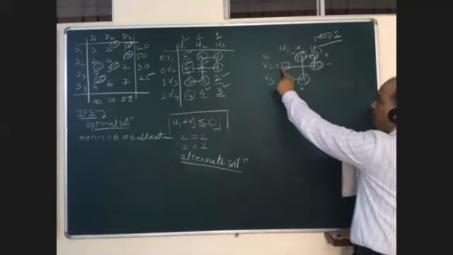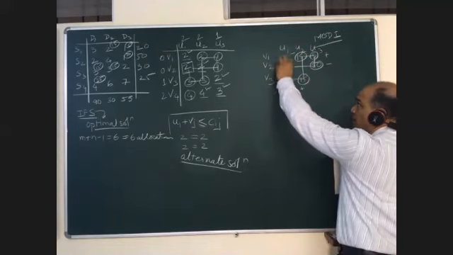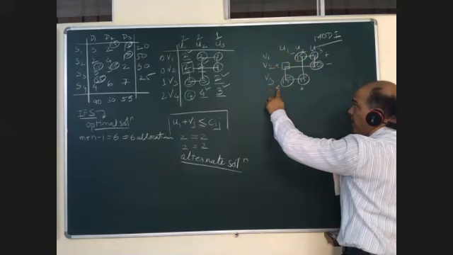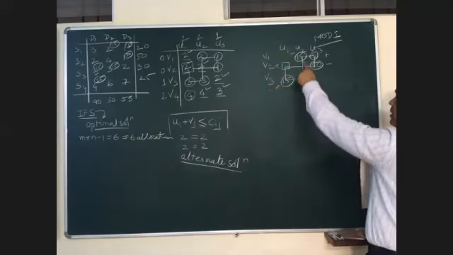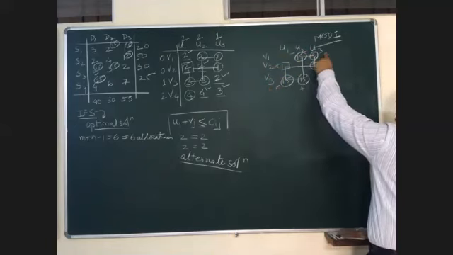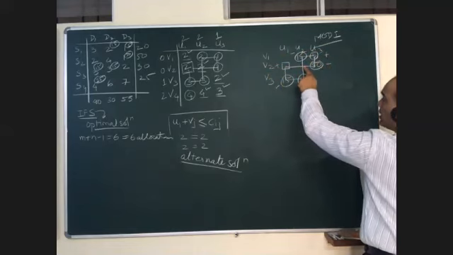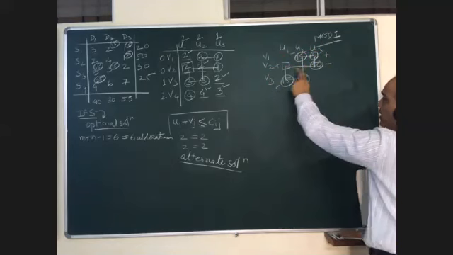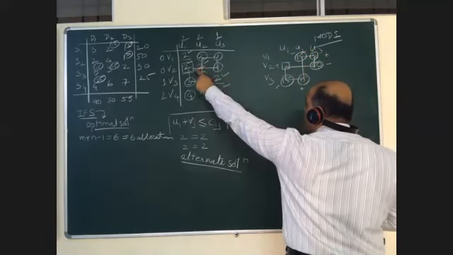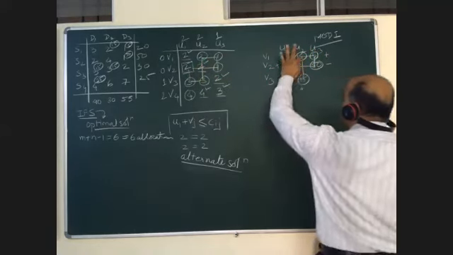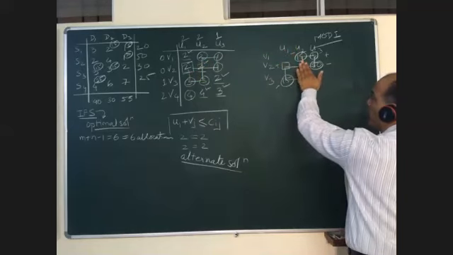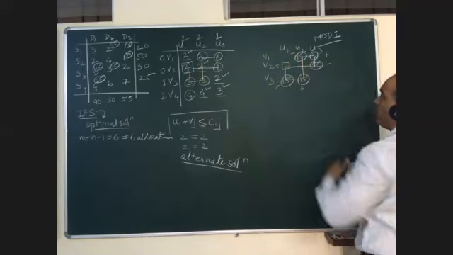Once again, I'll explain. Put a positive mark wherever you want an alternate solution. Plus, minus, plus, minus, plus, minus, and you end up at plus. Do not consider this. This is nothing. No allocation, nothing. This is just a crossing. So do not consider this point.